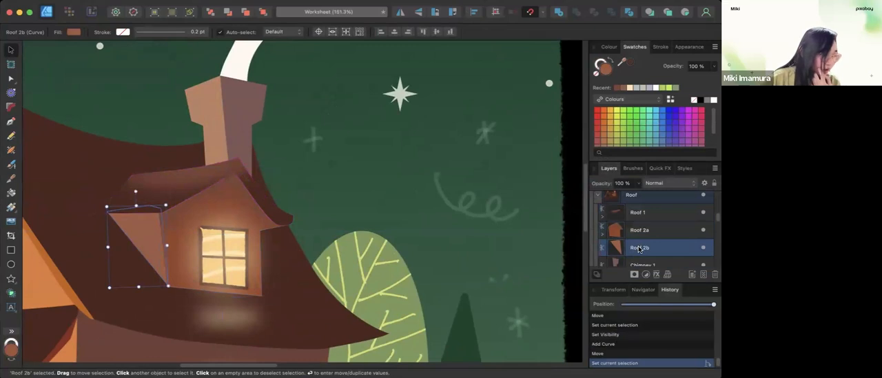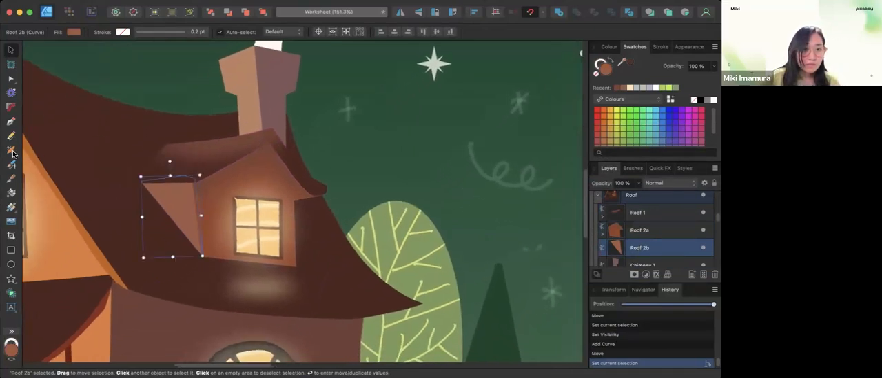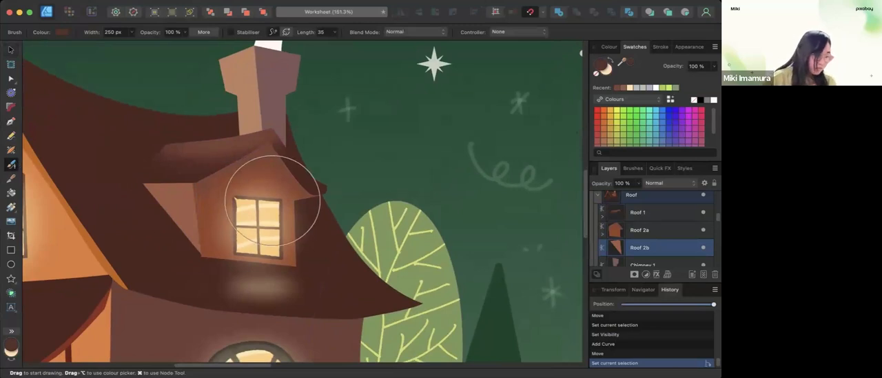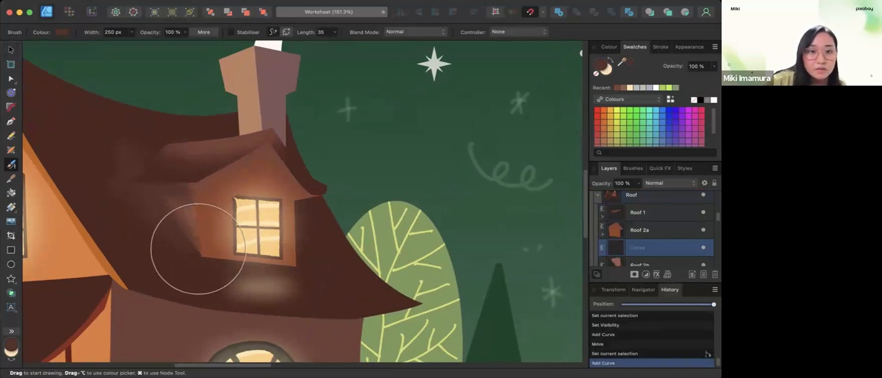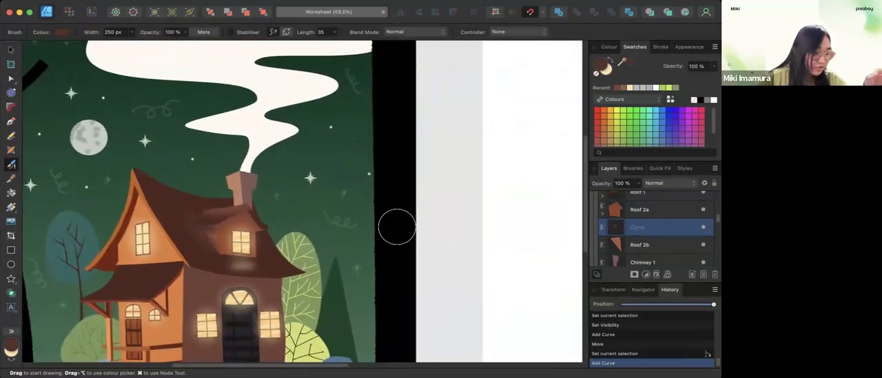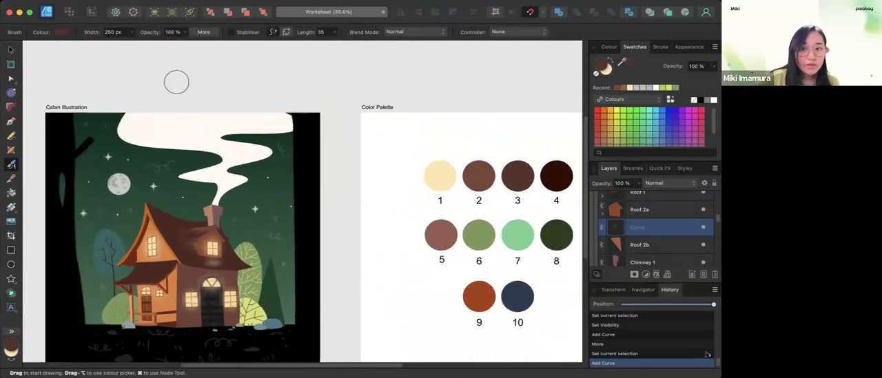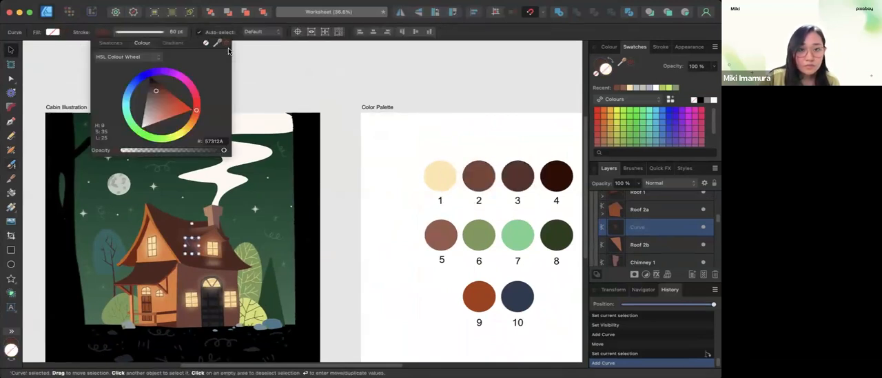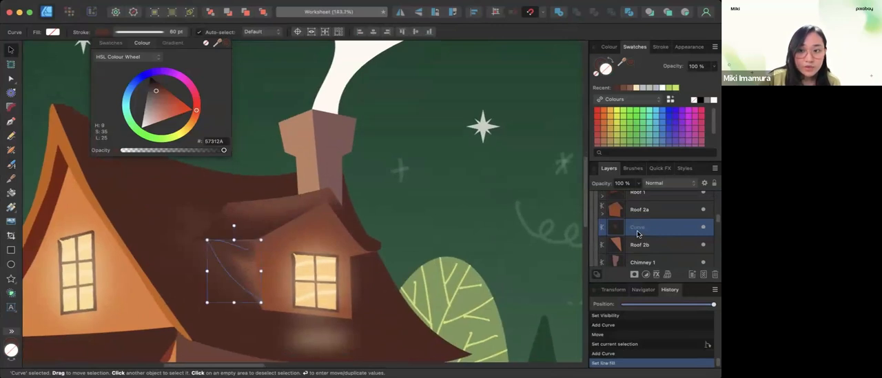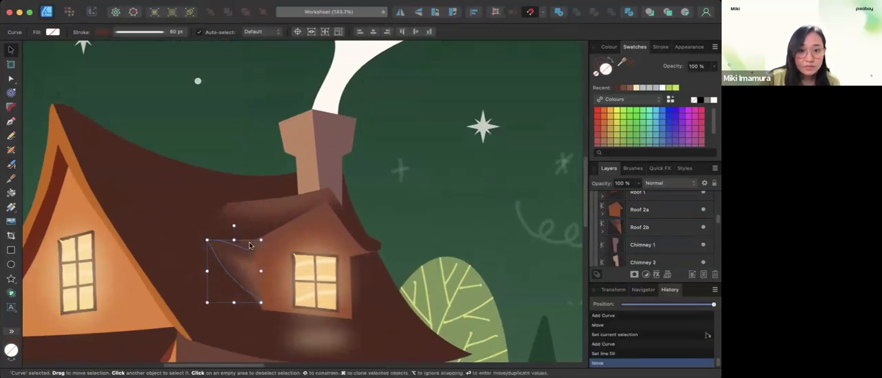Okay, now we'll move on to roof 2B. We'll add some shadows here. Change the color of that to color number 3, and put that inside roof 2B. You can adjust this by